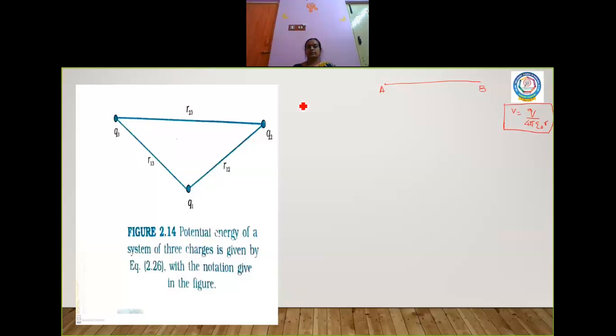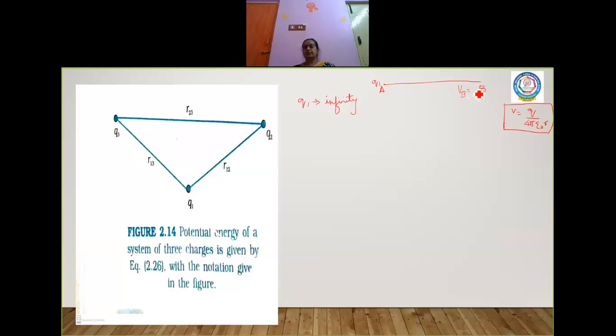So I'm going to bring a charge Q1 from infinity. Now where am I going to bring the charge? I'm going to bring the charge to this point A. So I brought the charge Q1 from infinity to A, right? This Q1 is a positive charge. Now there is an electric field existing due to charge Q1, and let me take another point B.